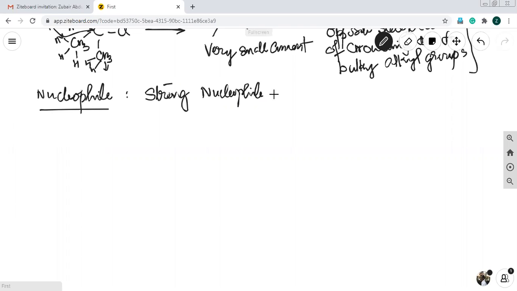Strong nucleophiles react faster in SN2 mechanism. Why are strong nucleophiles faster? Because removal of leaving group